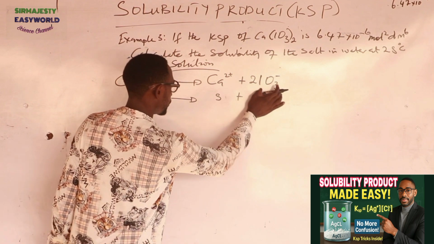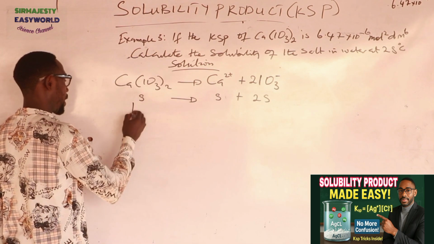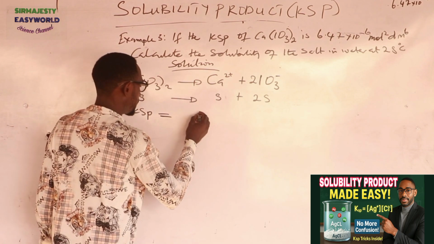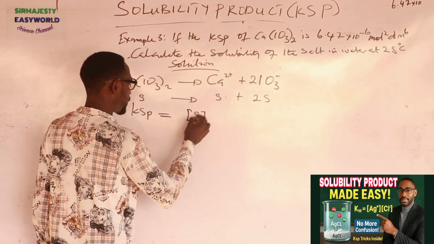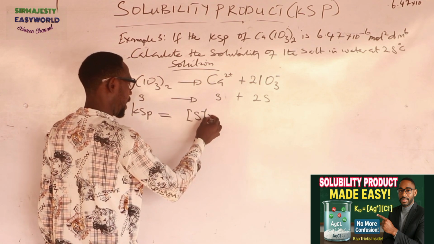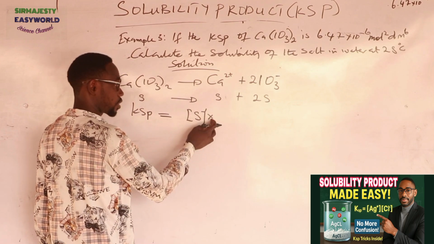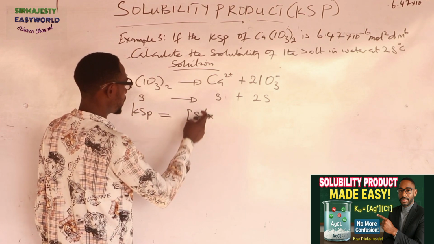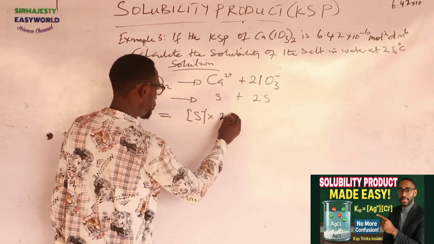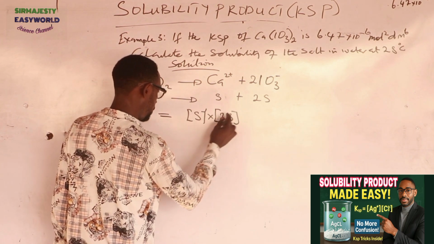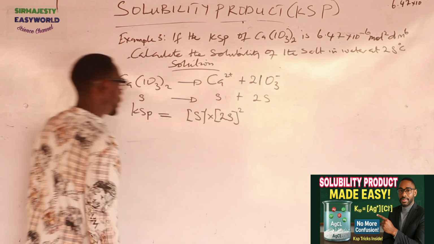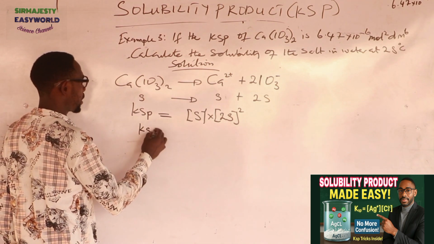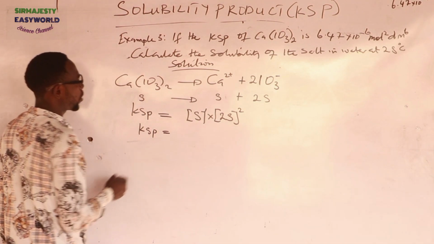2S, 2 ions as a group. Now, our KSP this time around will be equal to this S raised to the power of the coefficient, which is also 1, multiplied. We are now converting plus to multiplication because we are talking about solubility product, right? Okay, times 2S raised to the power of the same coefficient, and applying this, automatically our KSP is equal to,